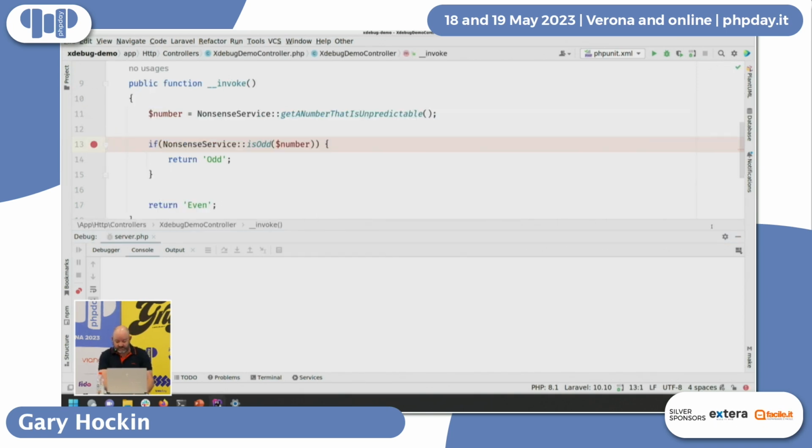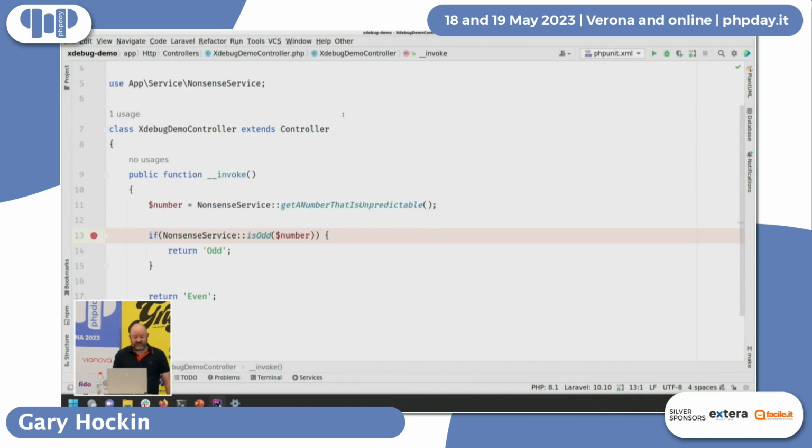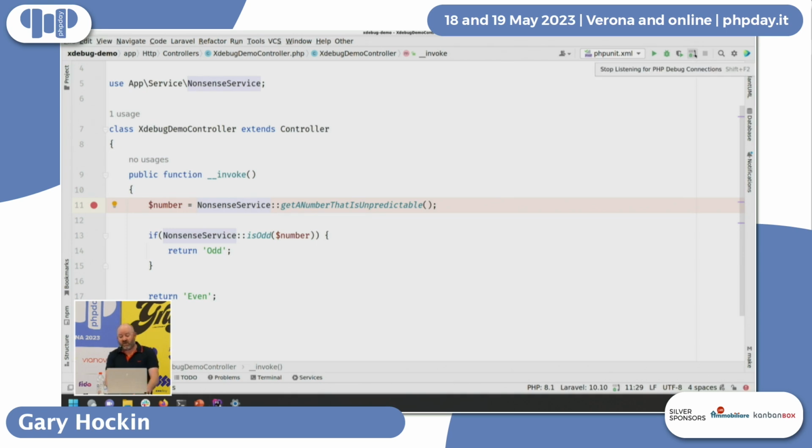So this is just a really nonsensical Laravel controller, right? That just uses the convenient string return to return some stuff from a controller in Laravel. The only reason I'm doing it this way is because now we're using some static functions here to do some code instead, so that I can explain step over and step into. So yeah, if I set a breakpoint here, do all of my normal ritual, PhpStorm is listening, thank you very much,